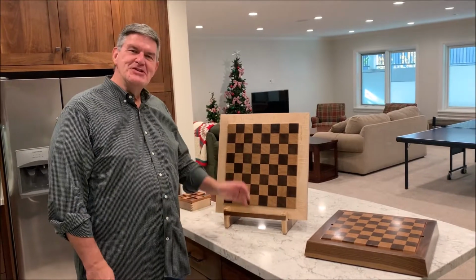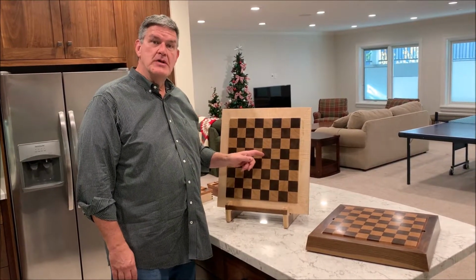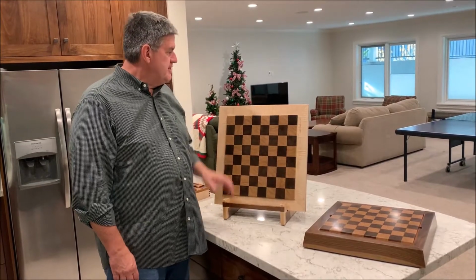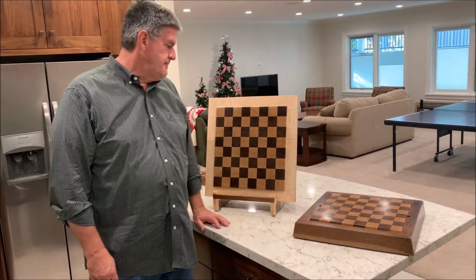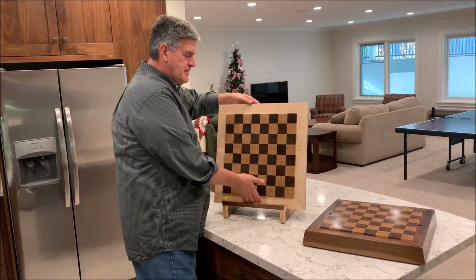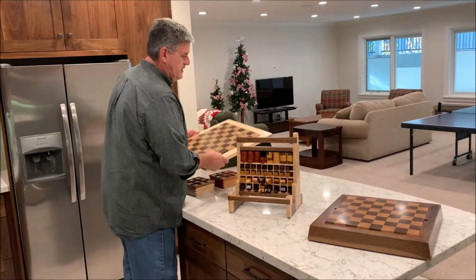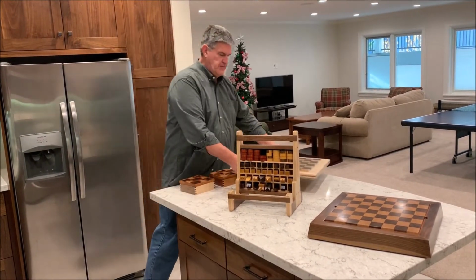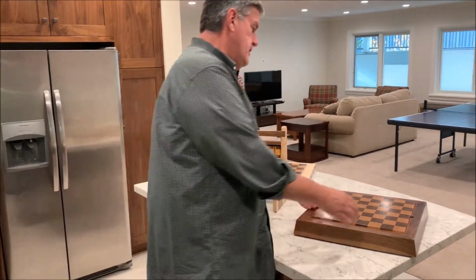I finished working on my two chess sets. They're both made of ash and walnut. They're end grain, and this one has a maple edge, and this one has a walnut edge. And the pieces are inside, both of them. So there are the pieces for this one, and in this one,